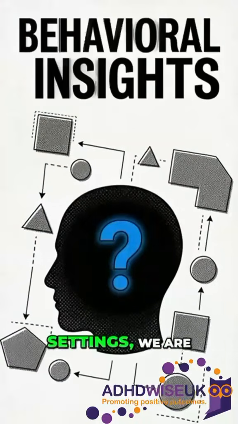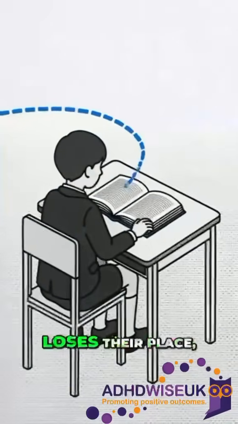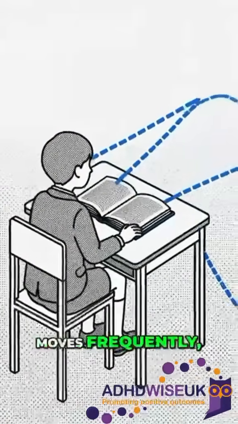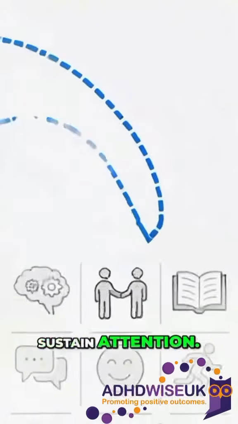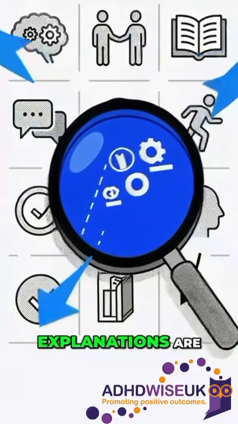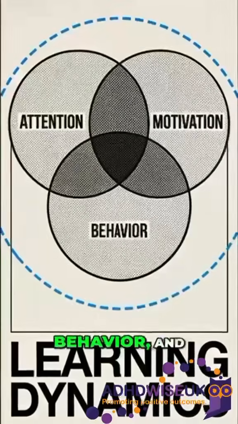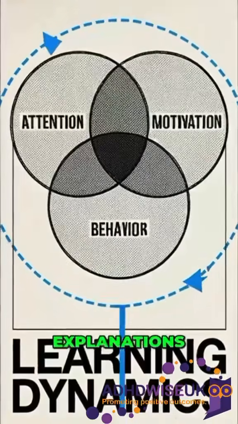In many professional settings, we are asked to make sense of behaviour. A child who avoids reading, loses their place, moves frequently, struggles to sustain attention. These are often the moments where interpretation begins. Different explanations are applied. Sometimes attention is considered, sometimes motivation, sometimes behaviour, and each of those explanations offers a partial